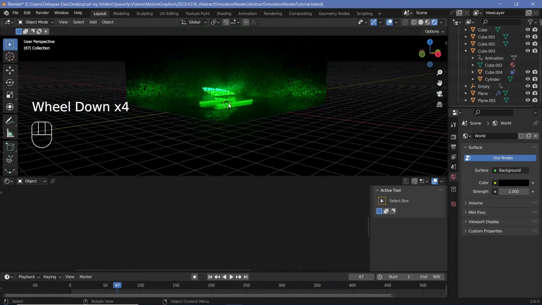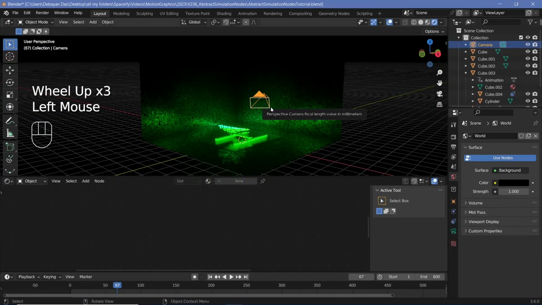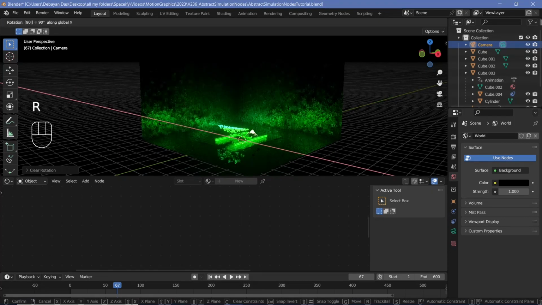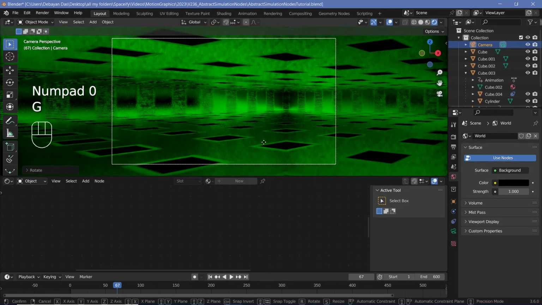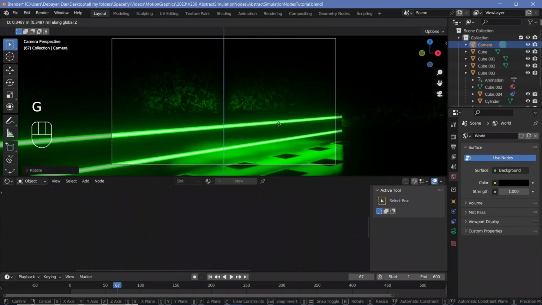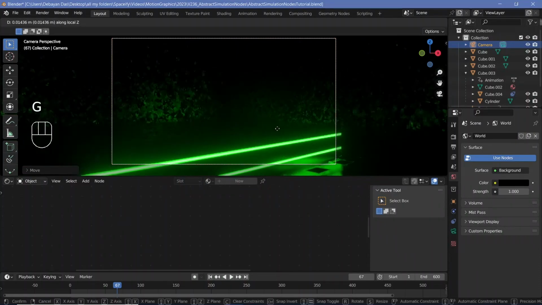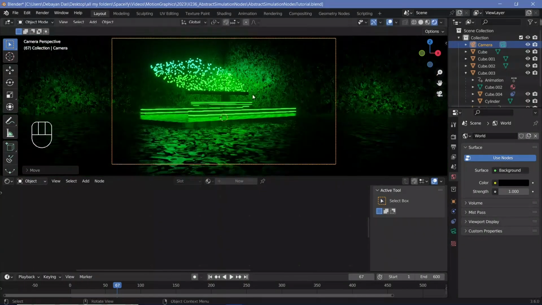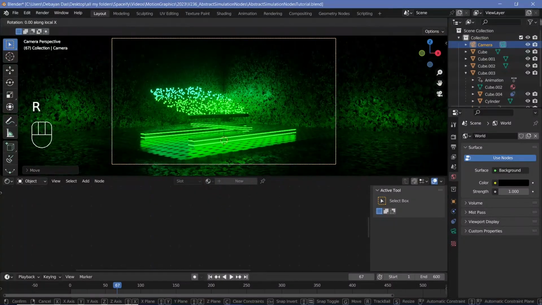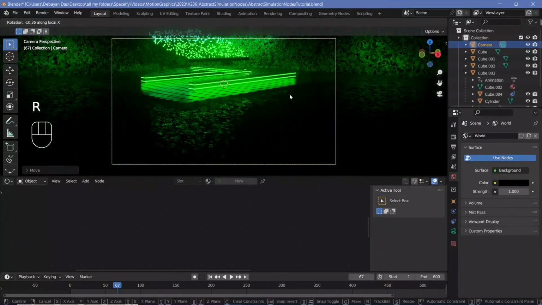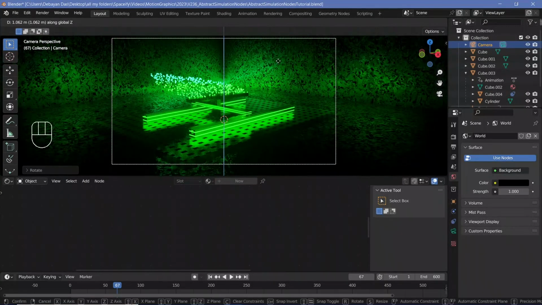Next, I'll have to place my camera, so let's select the camera, press Alt G and Alt R to clear location and rotation. Then I'll press RX90 to rotate it on the X-axis by 90 degrees, followed by RZ45, and then I'll press 0 to go into my camera view. Then I'll press GZ and just bring it up, and then GZ twice to move it back on the local Z axis, and then again GZ to bring it up on the global Z, and maybe I can rotate it on the local X axis by pressing RX twice, and just move it around till you feel like it's at